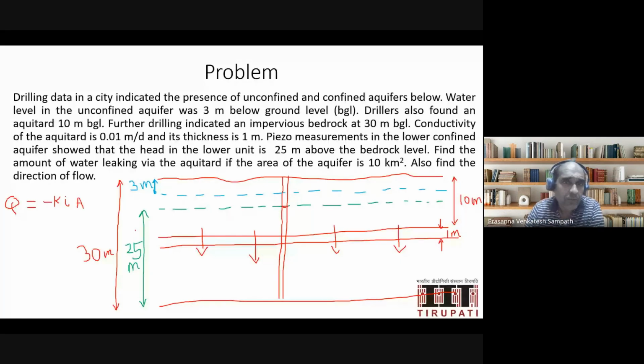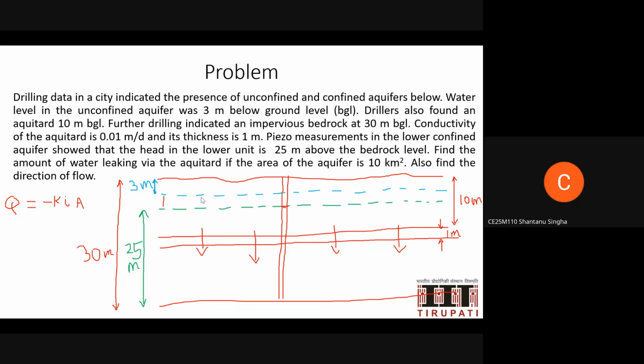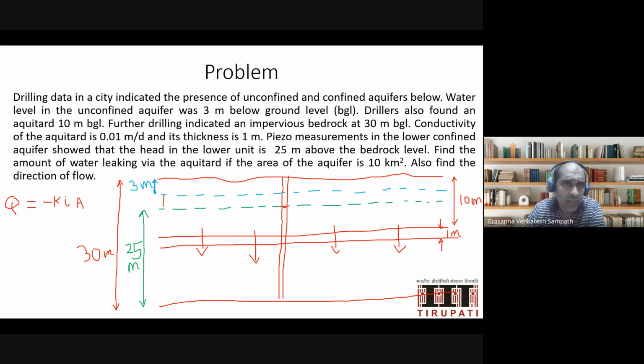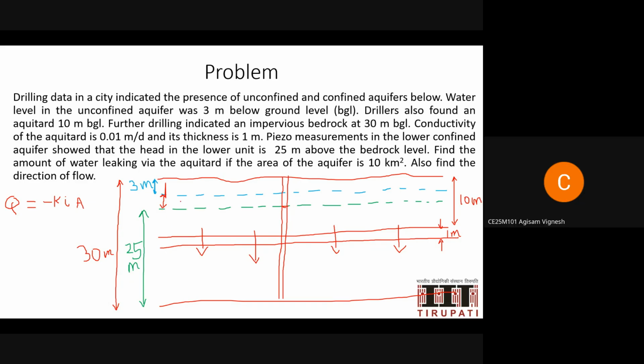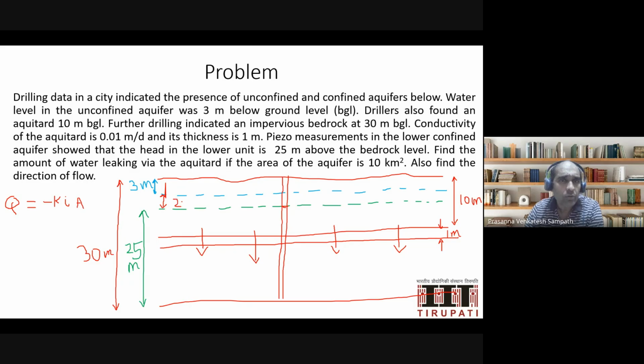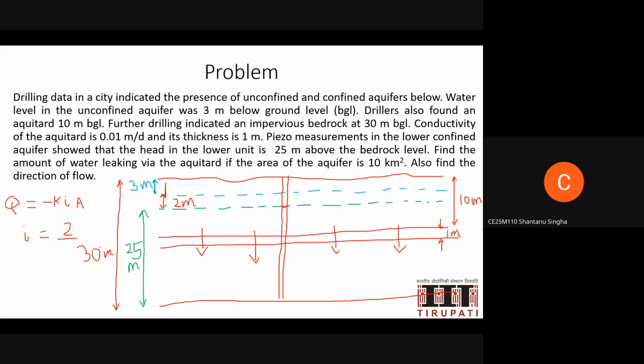The head difference is this height between the two, right? So that height is how much? Somebody quickly tell me. 2 meters, sir. Thank you. So the head difference is 2 meters, divided by how much? The length of the